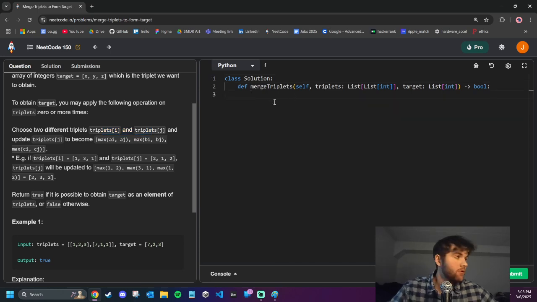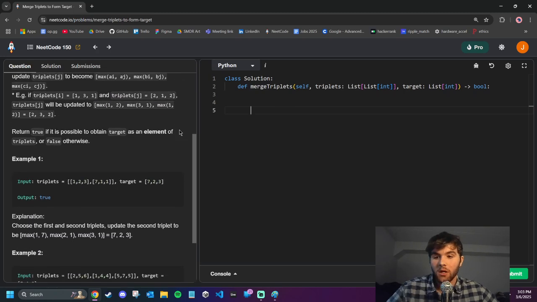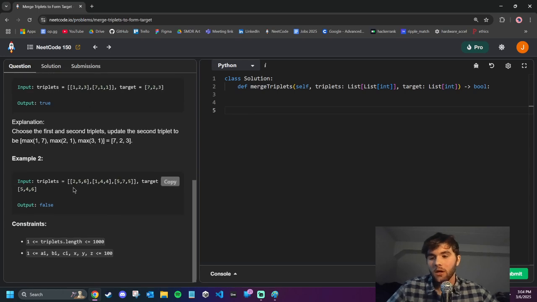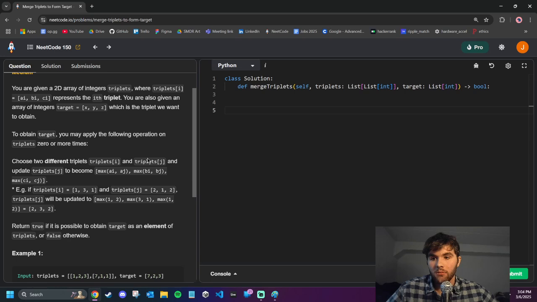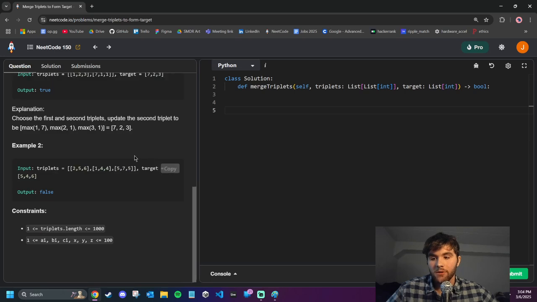Okay, so I'm going to reiterate the problem in my understanding. We're given a list of triplets, and we can apply 0 or more merges to obtain the target triplet. And what that means, so the merges is we can, when we merge two triplets, we can basically just pick the